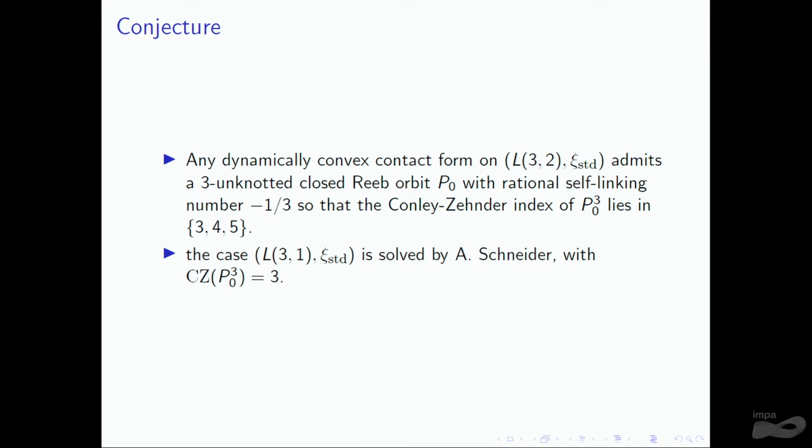So in the case of L(3,2), which is that case there, I think that the conjecture is that it has this special periodic orbit, the contractible one, and when you iterate three times, it has index 3, 4, or 5. It depends on